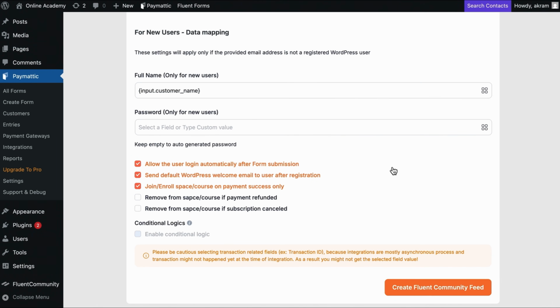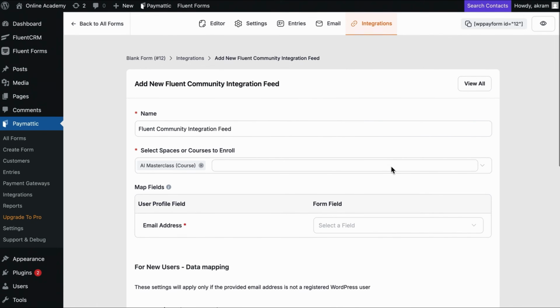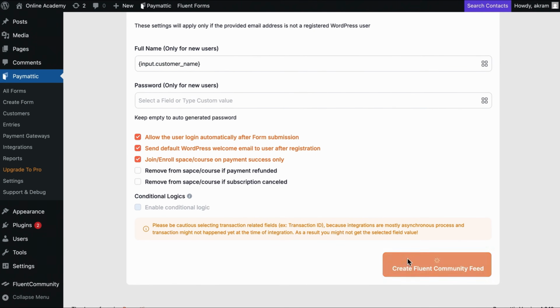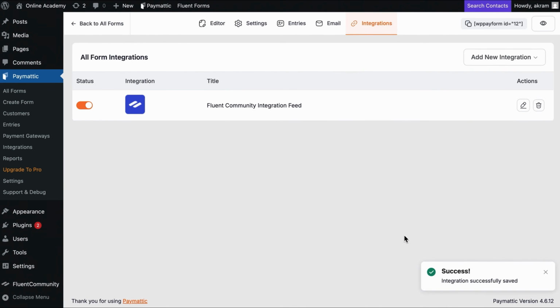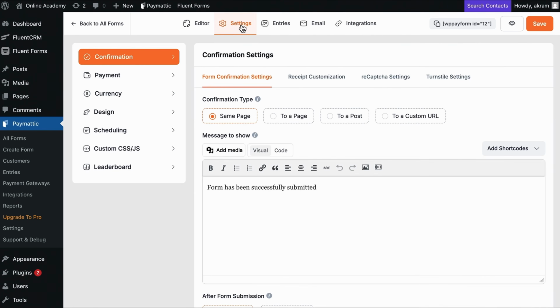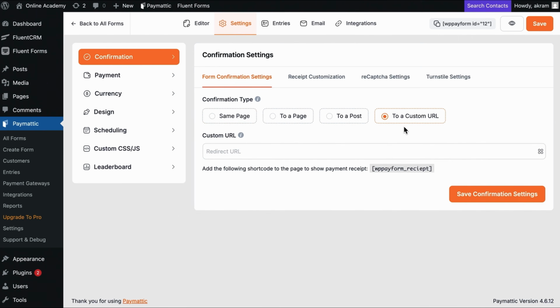So I'll have a quick look at the integration. Everything looks perfectly fine. So let's create the feed. Now I have one crucial thing to do, redirecting my learners to the course after form submission. To get this done, I need to go to the settings and change the confirmation type from same page to